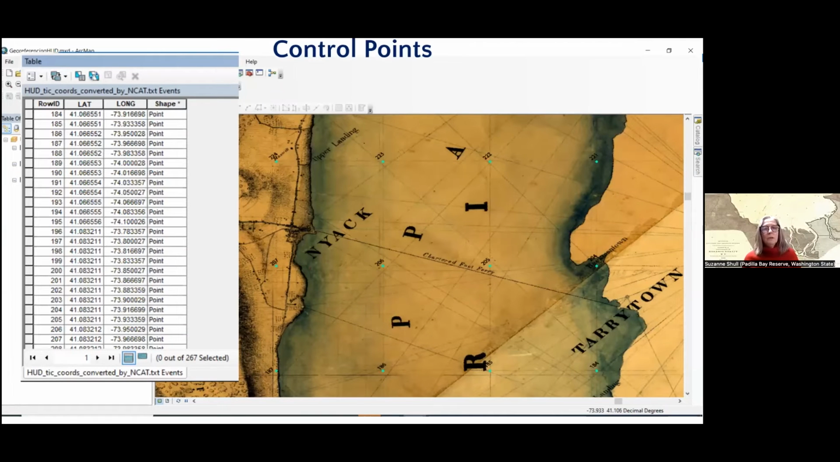In order to use control points to tie that historic raster image to a georeferenced map, we would identify the points, the crosshairs of these parallel lines, and identify the lat long decimal degrees. So we take that scanned map into Adobe Illustrator and label the points, and then use those as ID numbers in a text file where we would